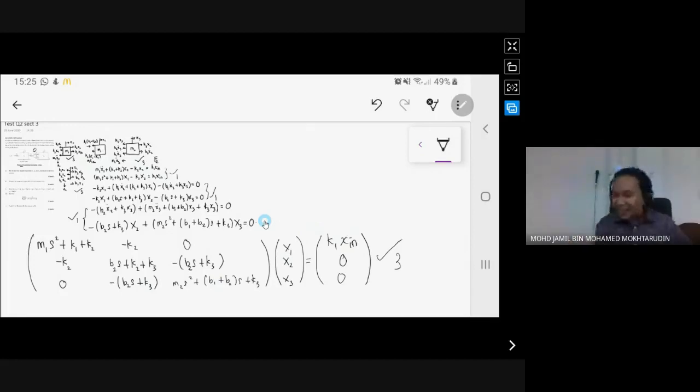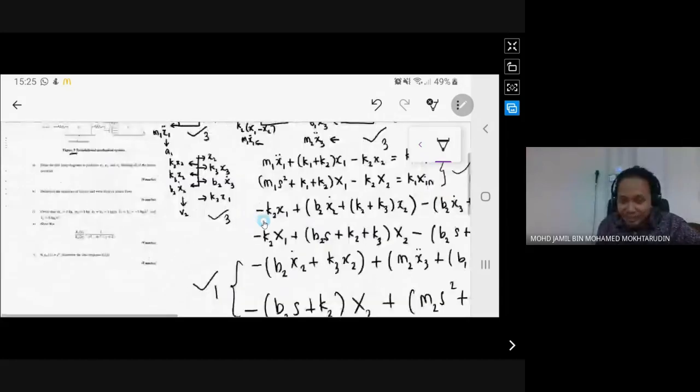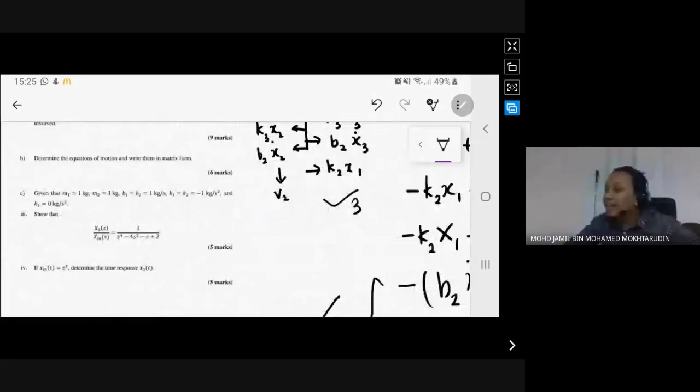Alright, so we move on to the next question. Question C: given that M1 equals 1 kg, M2 equals 1 kg, B1 equals B2 equals 1 kg per second, K1 equals K2 equals minus 1 kg per second square, and K3 equals 0, show that